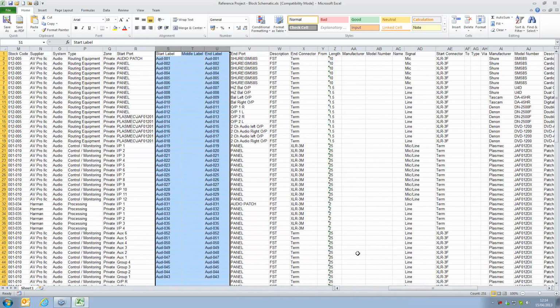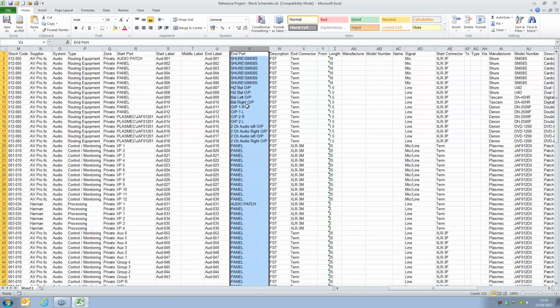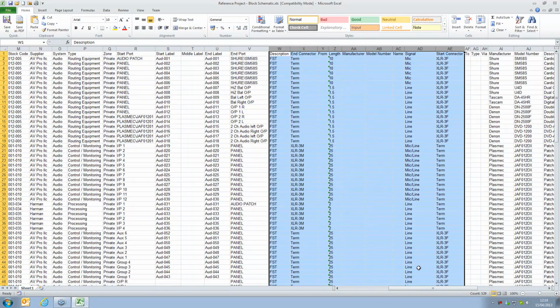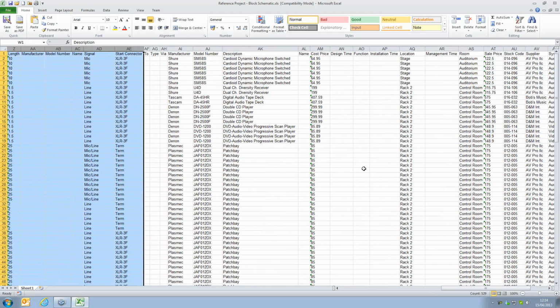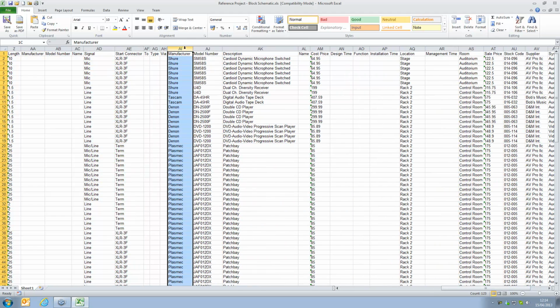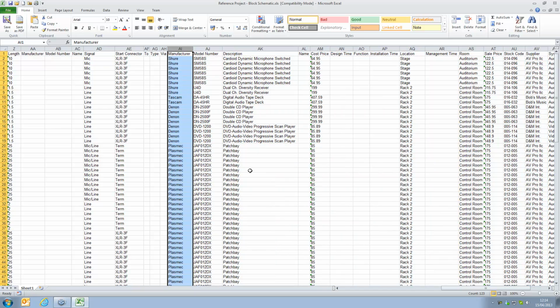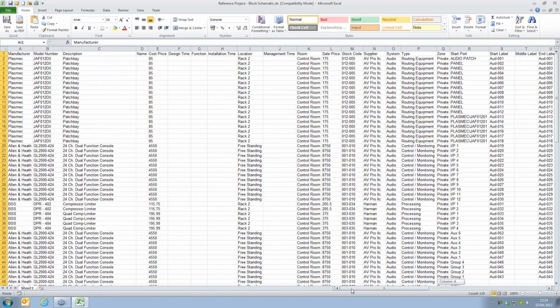the start, middle and end labels. Then we have the end port for the product that the cable is connecting to. Then we have all of the attributes for each cable, and then we have all of the attributes for the product that the cable is going to. So as you can see, with this cable schedule we have all of the information that might be pertinent to